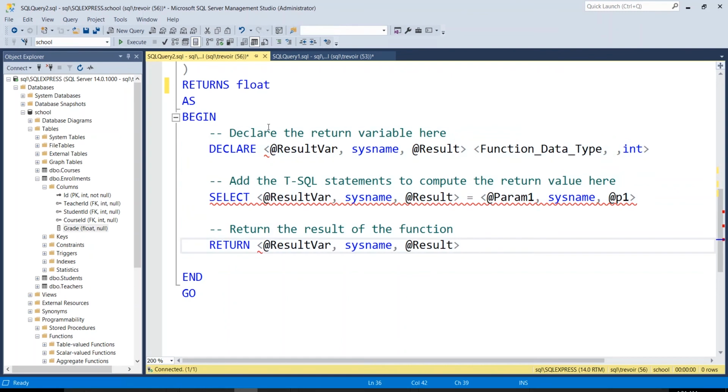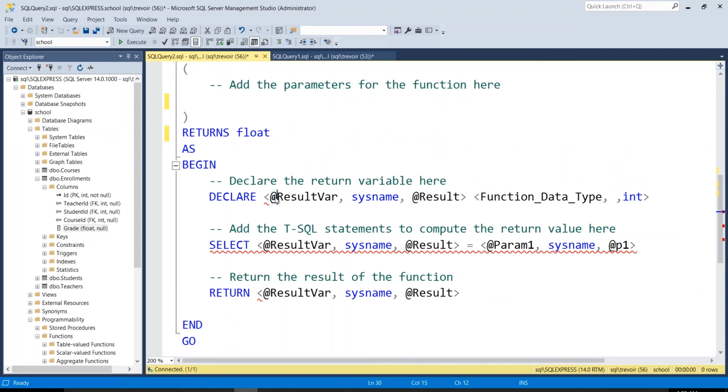So the first thing we want to do is declare a variable for the return type. Now, a variable is like a temporary storage. We create a variable, we give it a value, and then we can use that variable to track this value or manipulate this value into whatever we want and actually store it for the period that we need it. So in this case, we need to define a return value that will be prone to change later on, but at the end of the day, it will be returned, and that is the value that we'll get back from our function. So our declare statement requires that we give our variable a name and then a data type. Once again, the naming convention for any variable or parameter is that it starts with an @ sign and we give it a name. So I'm going to give this one